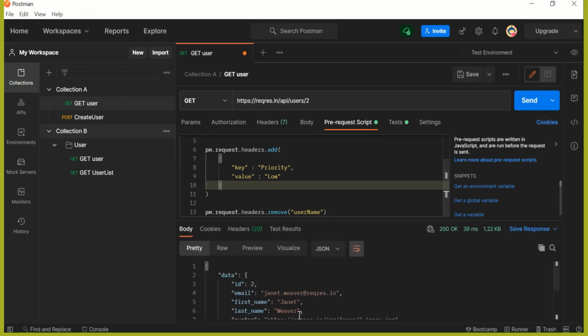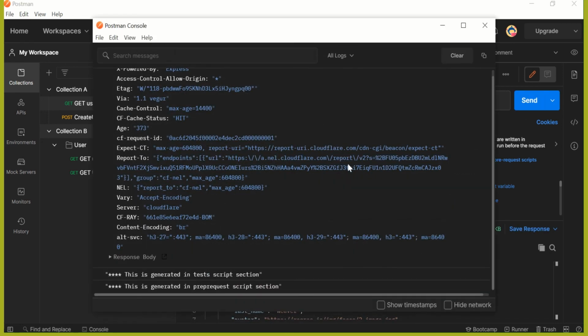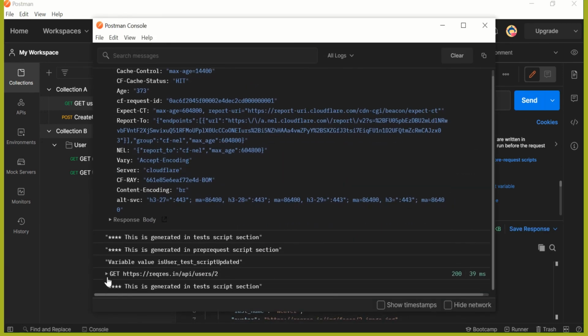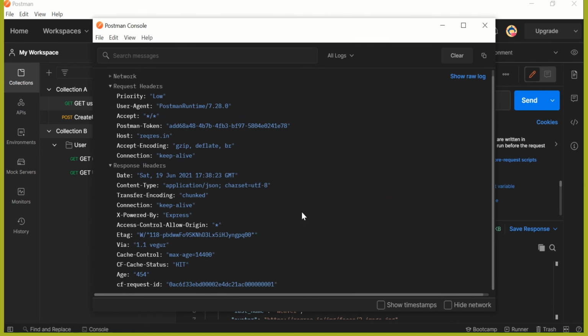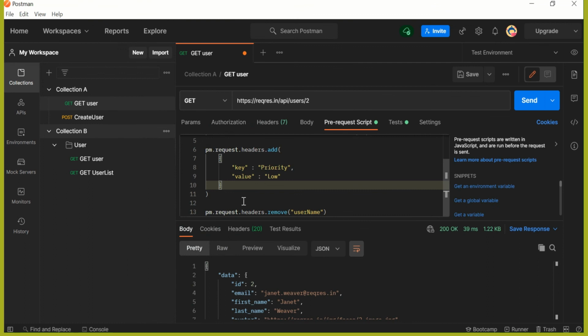So let's send this request and let's see the request which is going. So you can see in the request that we have sent now, we don't have this username header available, though it is a part of our Postman request, but still in the outgoing request which was sent to endpoint, we don't have it available, because in pre-request script we have removed this header.